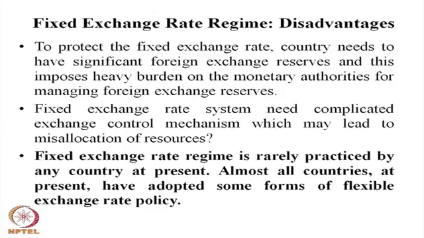So, we need an exchange control mechanism. The exchange control mechanism may be in the form of export control, import control, control on free movement of capital, control on what is called the balance of payments regime. So, these are requirements to practice a fixed exchange rate, and this leads to misallocation of resources. So, it is very difficult to practice a fixed exchange rate regime, because there are many advantages, no doubt. At the same time, disadvantages are more, because